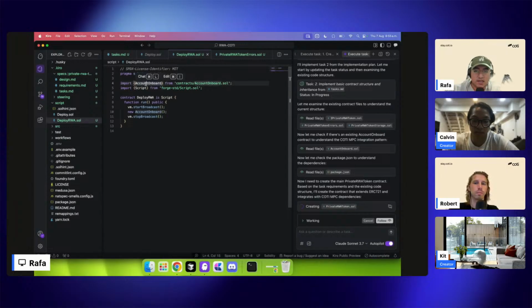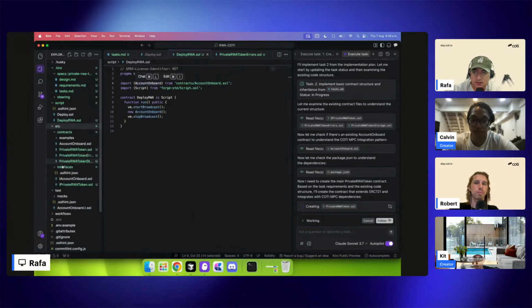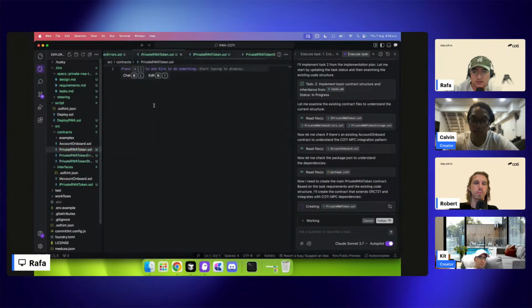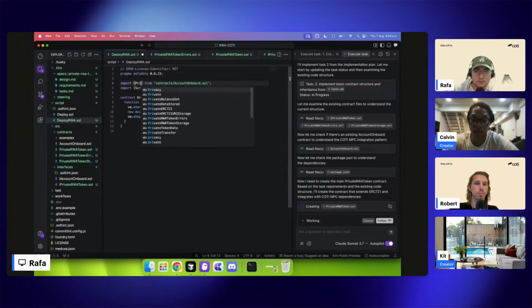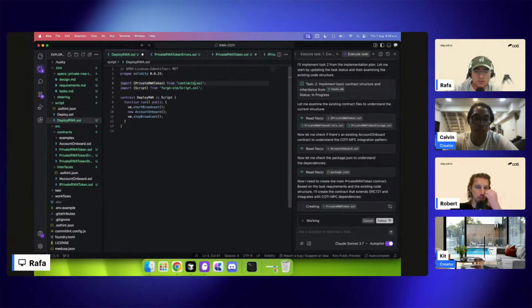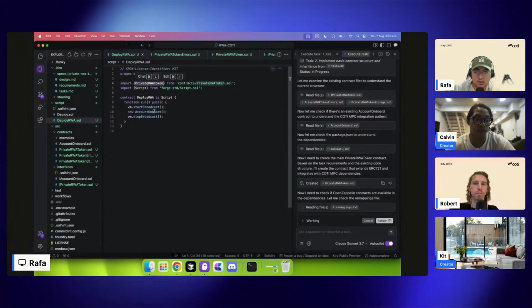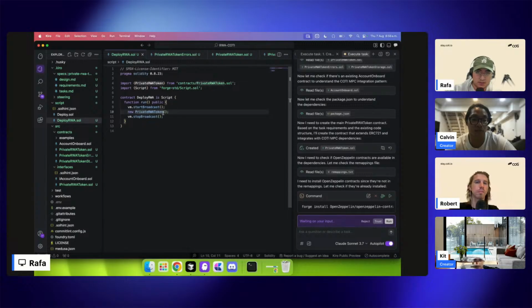As you can see, I am importing the contract that I want to deploy. That contract is this one, the PrivateRWAToken, from contracts, PrivateRWAToken. And then I will create right here in line 10, new PrivateRWAToken, and as parameters it only accepts